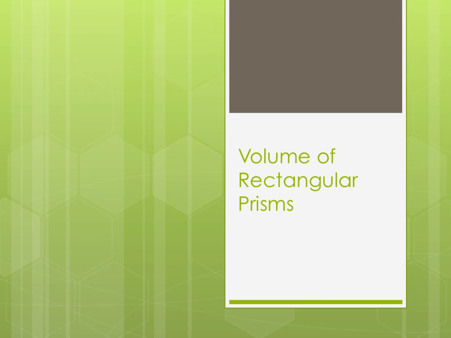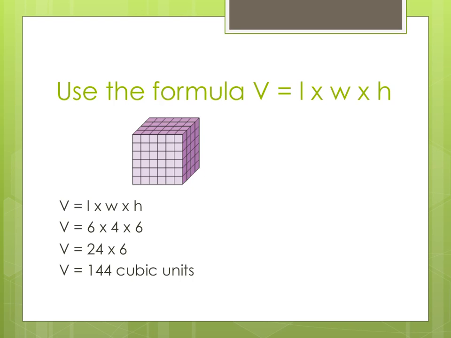Today we are going to be learning how to find the volume of rectangular prisms. One way to find volume is using the formula volume equals length times width times height. In a case like the rectangular prism below, you need to count each unit cube to find out what your